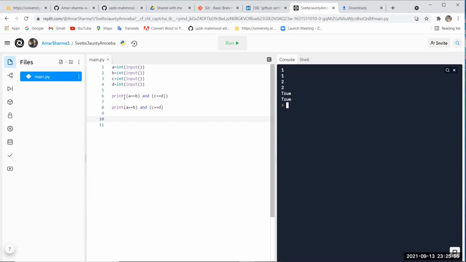सेकंड स्टेटमेंट देखो, प्रिंट का सेकंड स्टेटमेंट। सर, वो फिर भी ट्रू दे रहा है। अच्छा, वो a इक्वल टू b का ओनली प्रिंट कर रहा है, राइट? मे बी, पता नहीं क्या हो रहा है, कुछ तो हो रहा है। शायद वो a इक्वल टू b तक ही कोड को रीड कर रहा है। अच्छा, c वाला रीड ही नहीं कर रहा है। वो ऐसा होगा नहीं, वरना एरर दिखाएगा। रीड तो जरूर करेगा।